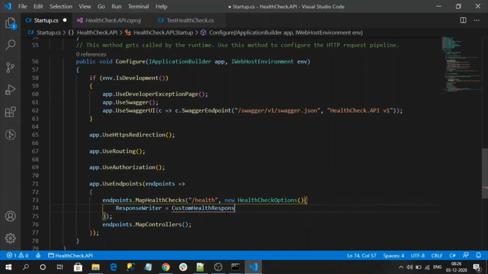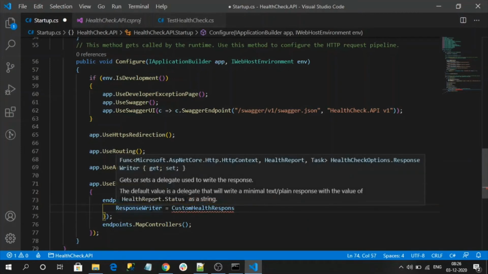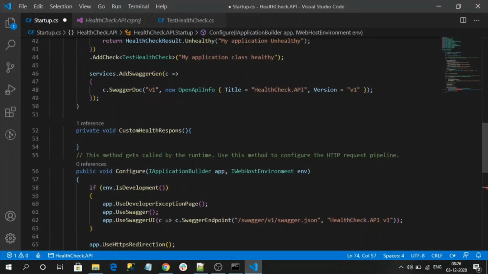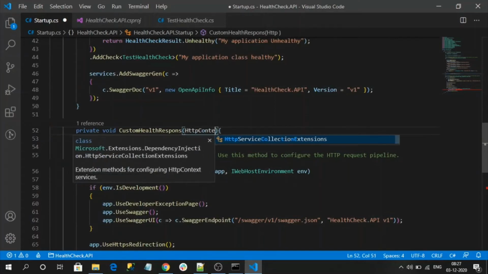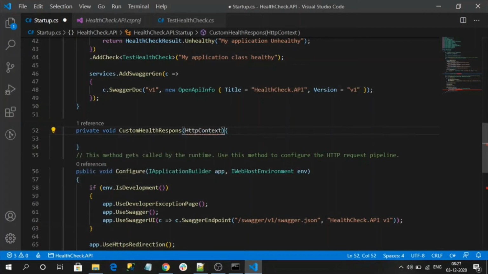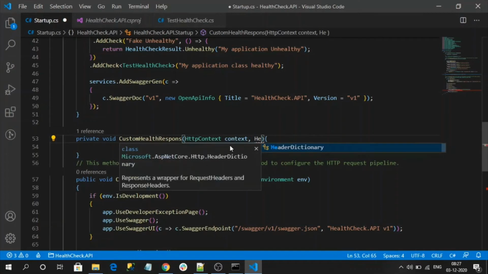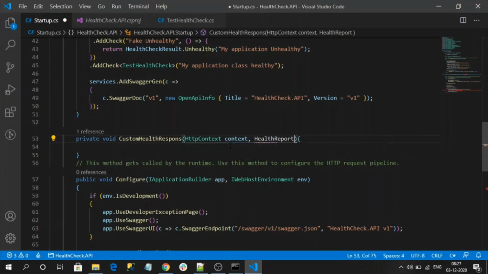But the problem is the ResponseWriter is a delegate which has two input parameters, HttpContext and HealthReport. So let me change my callback method as per that property: HttpContext context and HealthReport report.